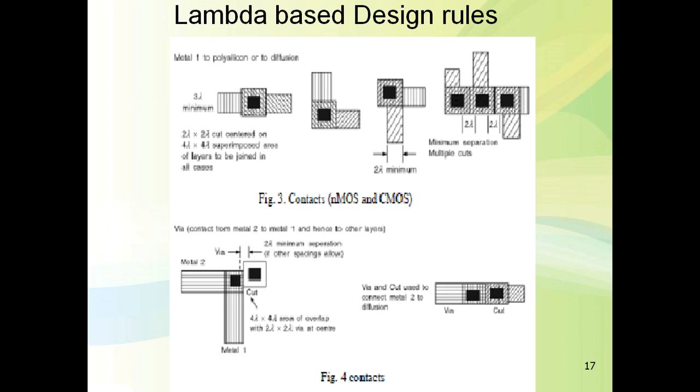Okay, now you can see here the first diagram. In the first diagram you will get metal 1, and here it is poly. So this is 3 lambda minimum width of the metal 1. Here also shown the poly width is 3 lambda. So there is a contact cut, that is 2 lambda by 2 lambda. Contact cut is 2 lambda by 2 lambda, where this 2 lambda by 2 lambda is cut, and there is a metal connection through this hole in between polysilicon and metal.